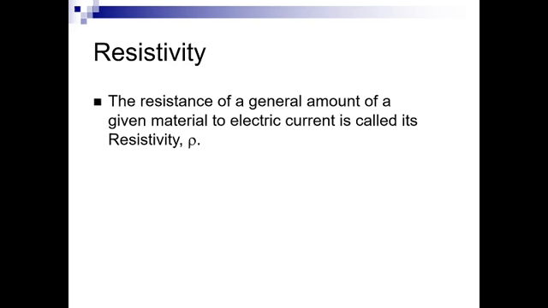So different materials will have a different resistivity, and the symbol for that resistivity is the Greek letter rho. It's kind of a curly P. I always think of it as the Philadelphia Phillies P, but it's not quite the same. But it's the Greek letter rho, and the units of that are what we call ohm meters. And so different materials will have different resistivities, and that's something you can just look up to get that value